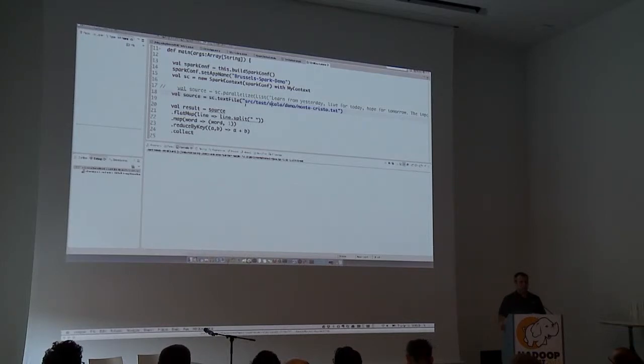It's like a Monte Carlo simulation, a typical case where you have very small initial data, but what it's going to compute is an enormous amount of data. This is where you would use something like parallelize and provide the initial collection. So once we have that, now we can construct our pipeline.